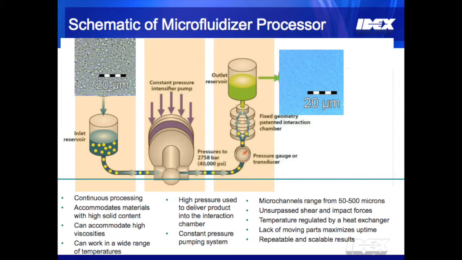That's pretty important because it delivers all of your material at a very uniform processing condition to the interaction chamber. The interaction chamber is really the heart of the microfluidizer processor. It is a fixed geometry path which ensures that all of your material is processed at a very consistent shear